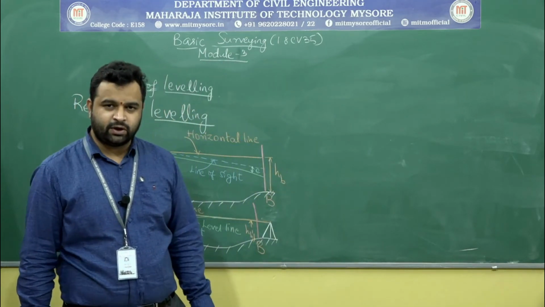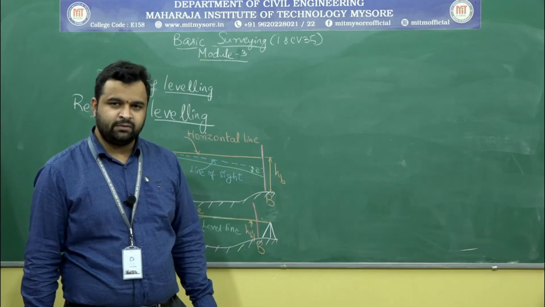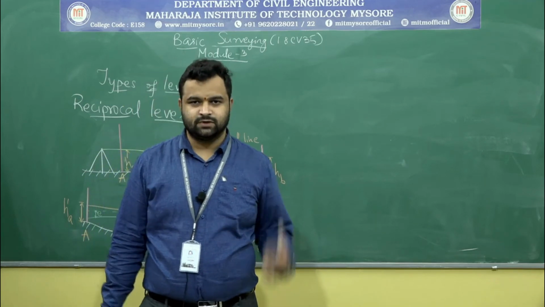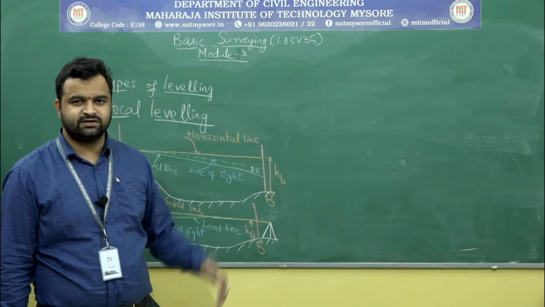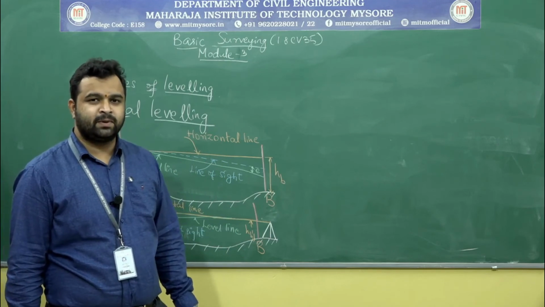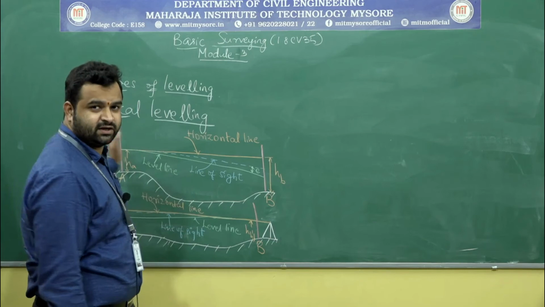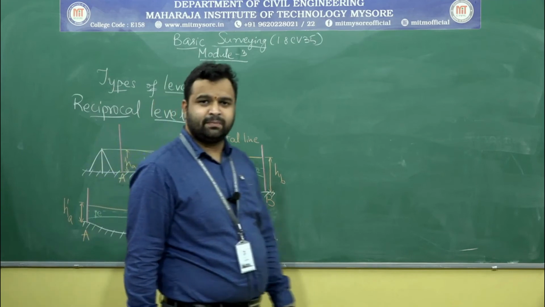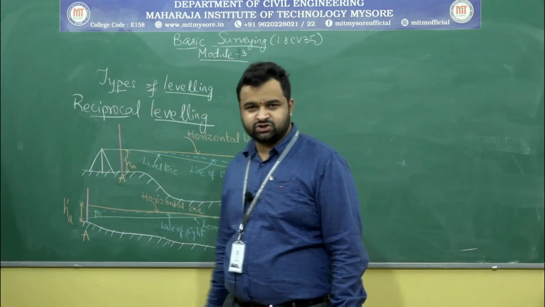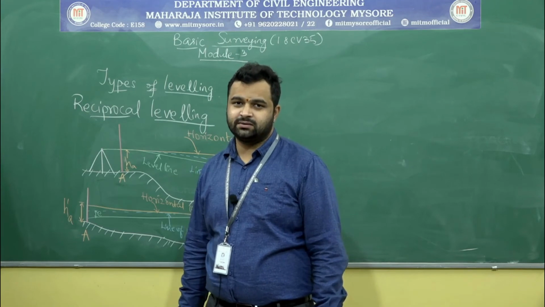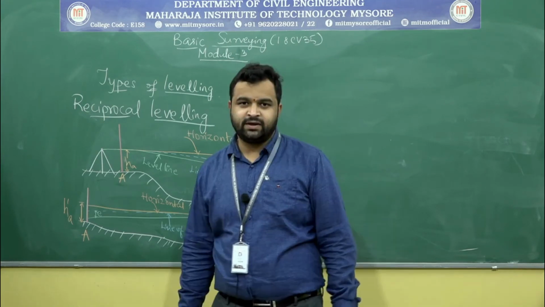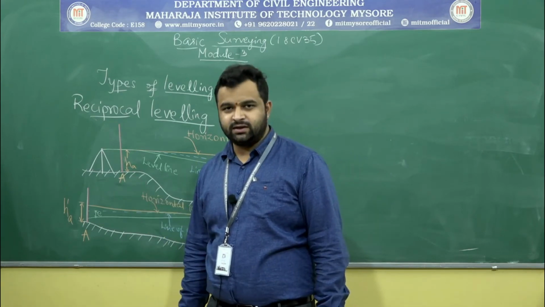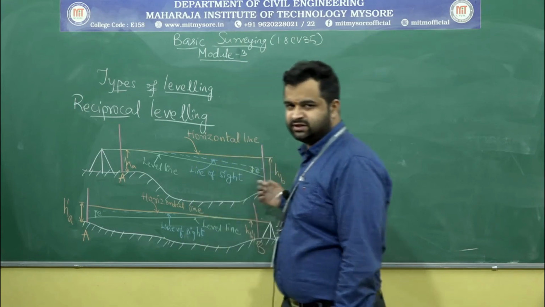Now, let A and B be the points and observations be made with a level, the line of sight of which is inclined. As you can see in the figure, the line of sight is inclined upwards when the bubble is in the center of its run. The level is set at a point near A and the staff readings are taken at A and B. Since benchmark A is very near to the instrument, no error due to curvature, refraction and collimation will be introduced in the staff reading at A, but there will be an error E in the staff reading on B, as you can see in the diagram.